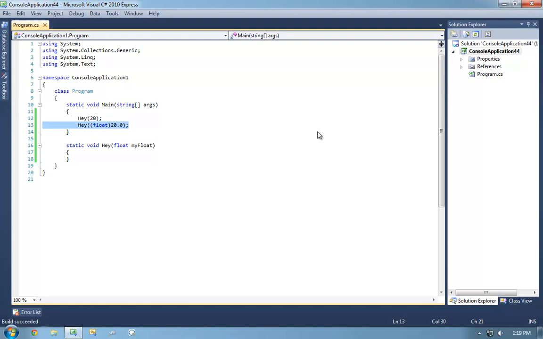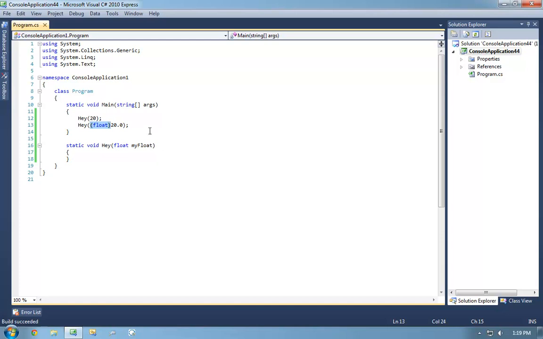But these are the built-in conversions. We can actually do our own conversion operations, or our own user-defined conversion operations. So before we move forward, I'm assuming everybody's pretty comfortable with this sort of syntax, the idea of implicit conversions being implied, and explicit conversions requiring a cast.